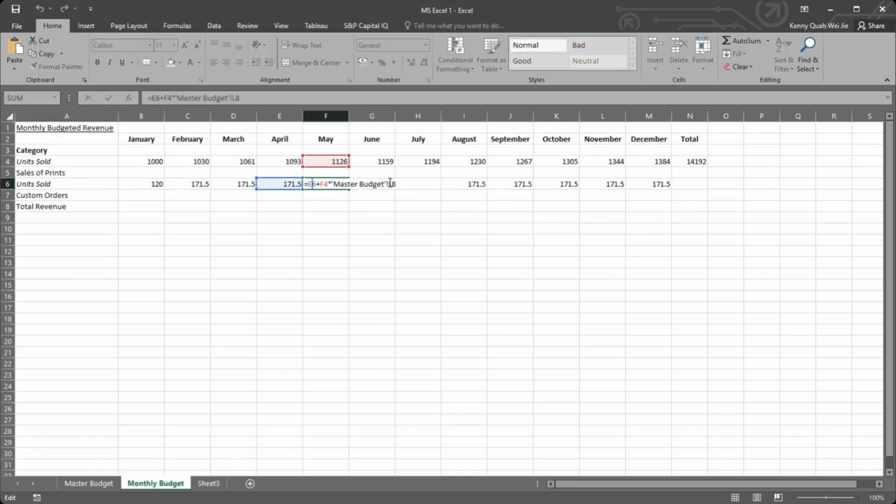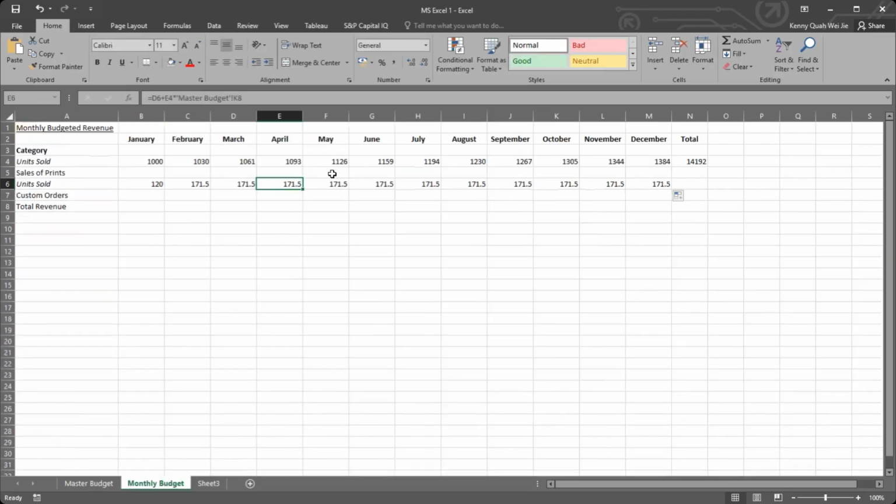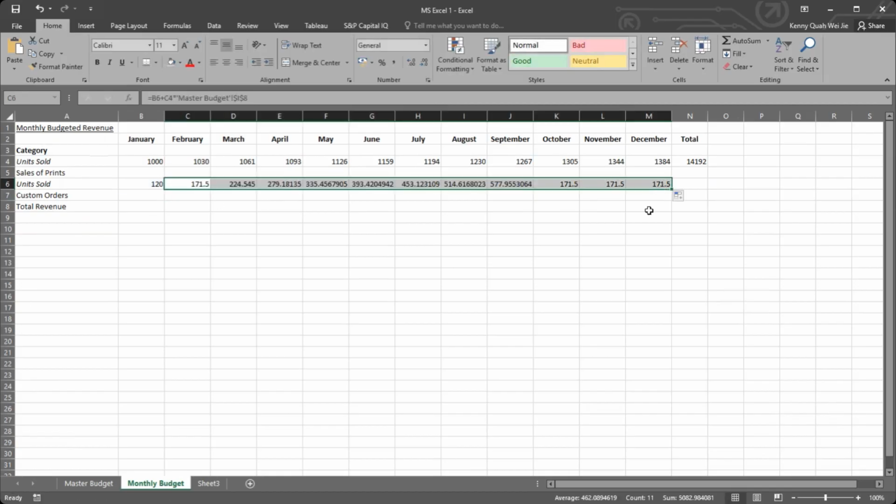We didn't lock this cell over here. That's why our amount is not multiplying. It's multiplying to 0. So when it multiplies with 0, it means it will just add up this over here. What we should do is click over here and hit F4 so that I lock the cells. And when I drag along here, we get the amount